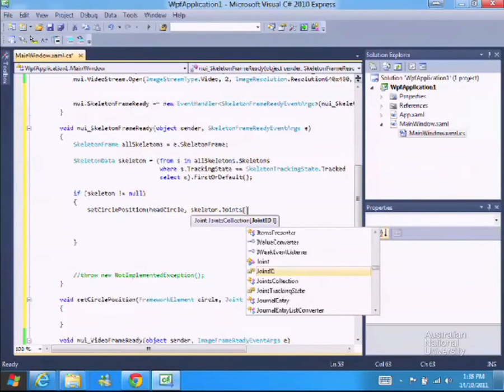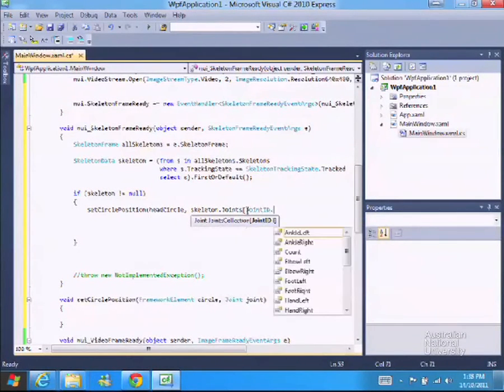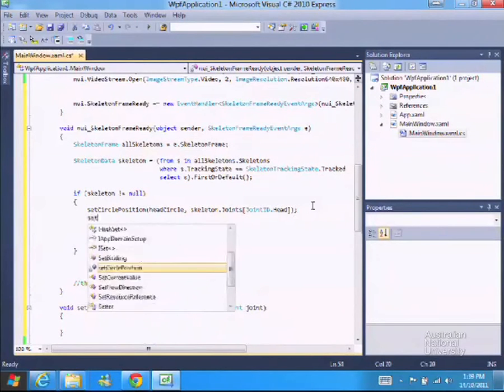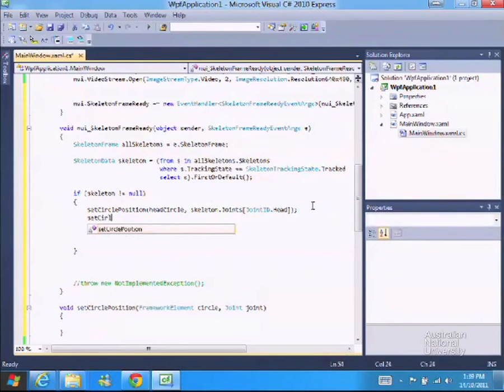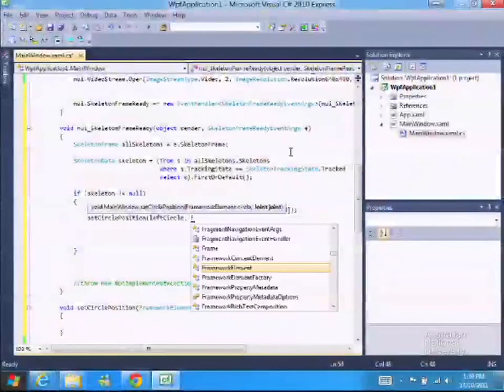And we just want to get the right joint. So we want the head, so we go joint ID dot head. This is the first one. We want to call it again. We want to move the left hand, I guess, left circle. Same thing again with